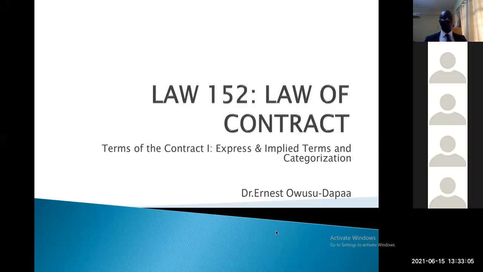Yeah, so we've understood so far what terms of contract mean, and we have looked at how to identify or recognize the terms. In terms of express terms, what the parties themselves agree on. We've looked at where it is reduced into writing, the parol evidence rule and its exceptions. We've also discussed where it is by word of mouth, the oral contract, and how we use the objective test to try and determine what the parties agreed upon.